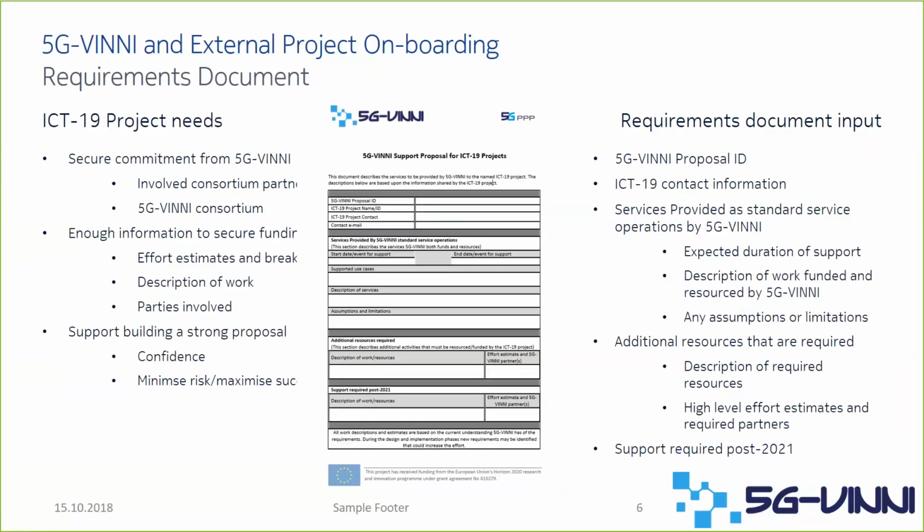So in the document, you have your contact information, an important one for us. Not names though, we don't need names of vendors or anything, just an ID or a name of a project. It gives you a list of the services that we'll provide, use case supported types of services that are offered, and then the assumptions or any limitations that we see. Also, any information regarding additional resources that we see that you require, where we're able to identify that based upon the requirements document you've sent in, and also any support that we see is required after 2021. Okay. So that then is quickly the proposal document,